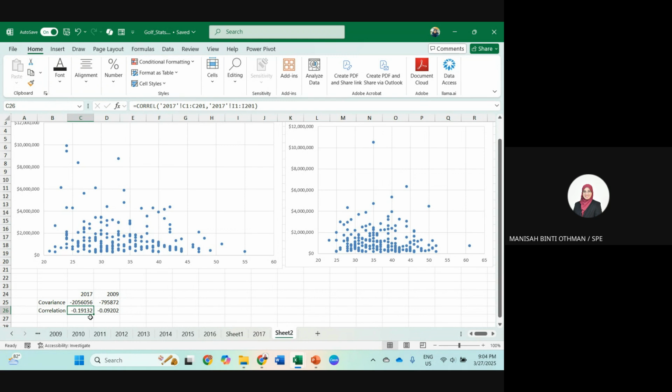Only 19% is the strength of the relationship. But it has become stronger compared to 2009, which was only 9.2%. Previously it was less, but now it has more impact. Previously about 9%